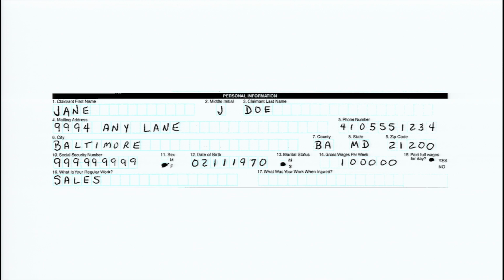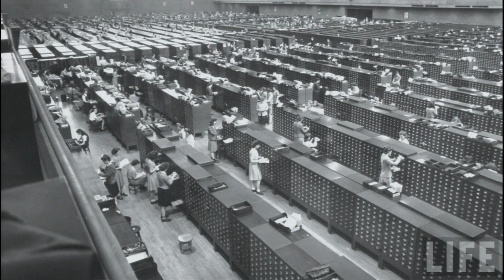Because actually, even though this paper was solving problems, they're getting information, they're using it, storing it, analyzing it, it was also causing some problems. And actually, every single piece of paper was its own problem. Because when you collect information with paper, eventually you end up with something like this. You just have tons and tons and tons of paper, and it's everywhere. So let's just think about some of the issues that were caused by dealing with our information on paper.